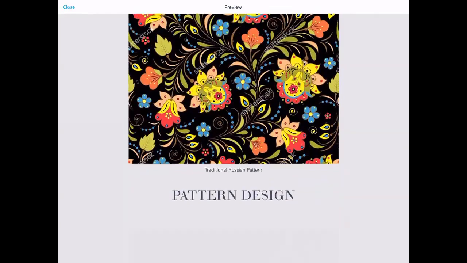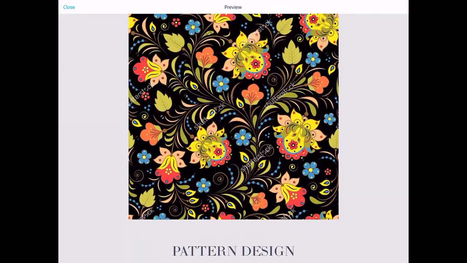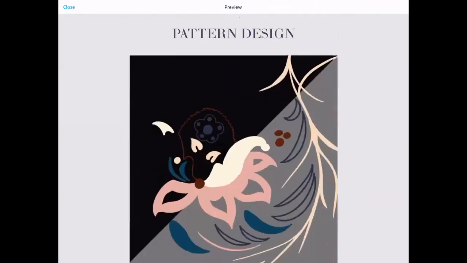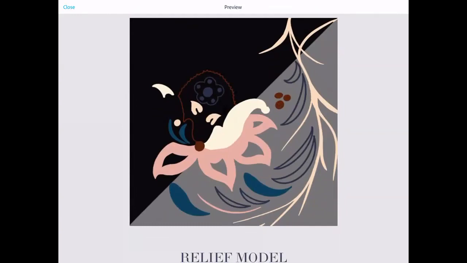And I was very drawn to the use of color in this pattern, which inspired me to have that organic element flowing throughout the pattern, which is in this vine that is sort of leading your eye to the centerpiece, which is the flower. And through the use of the different line weights and color, I was able to create a dynamic in the pattern design, which had led the audience to the centerpiece